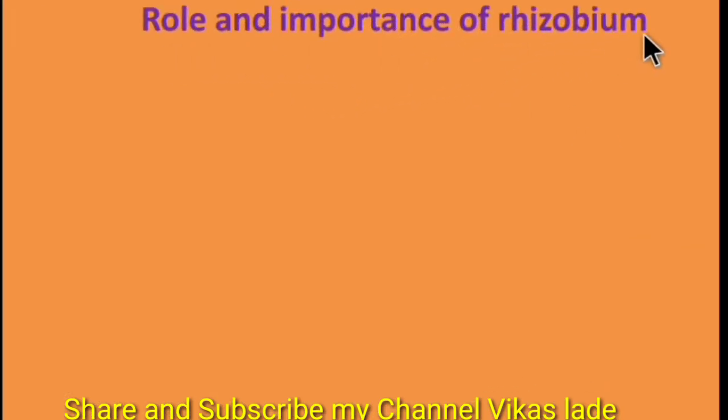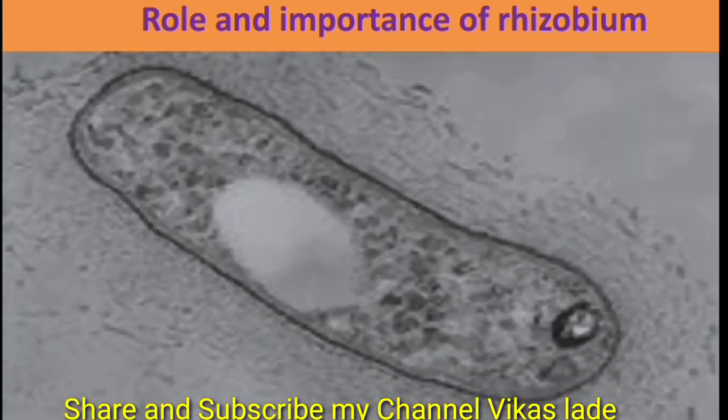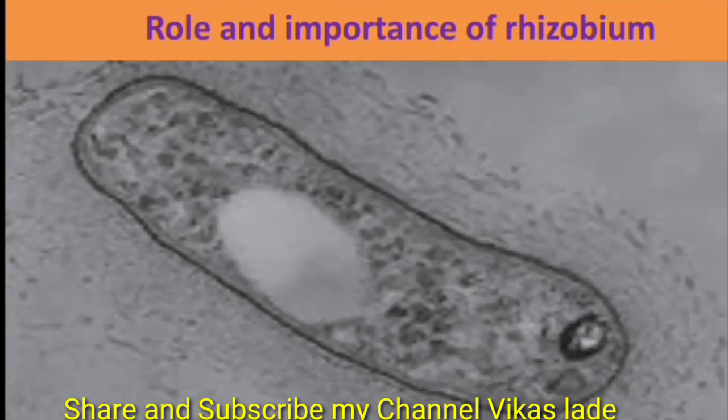Role and importance of rhizobium. Rhizobia living in root nodules supply nitrates, nitrites and amino acids to that plant and in exchange get energy in the form of carbohydrates from it. Such a mutually beneficial relationship is called symbiosis. Rhizobia produce nitrogenous compounds from atmospheric nitrogen. However, for this process of nitrogen fixation, they need leguminous plants like beans, sweet pea, soybean, etc. as a host. Beans and pulses are rich in proteins due to the nitrogenous compounds made available by rhizobia.